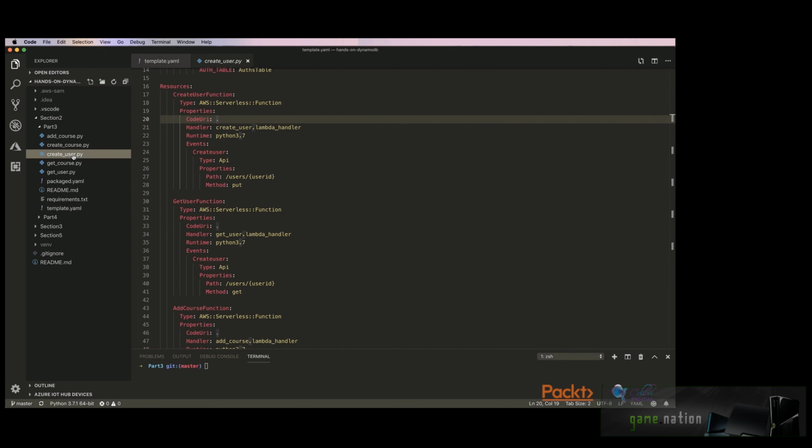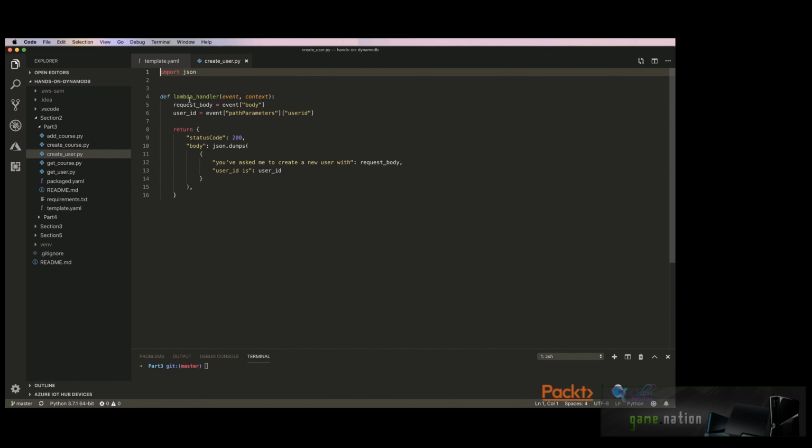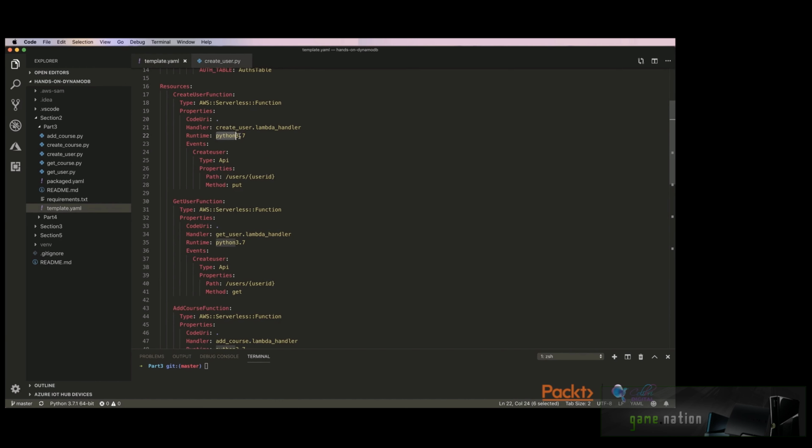So create user.py, and we can see there's one function, lambda handler, and this contains the code that gets executed when our API is called. Now we're saying we're running under Python 3.7, and the events that will trigger our function are the create user event. That create user event is a type API call, and the properties for that API call are that it's going to have the path